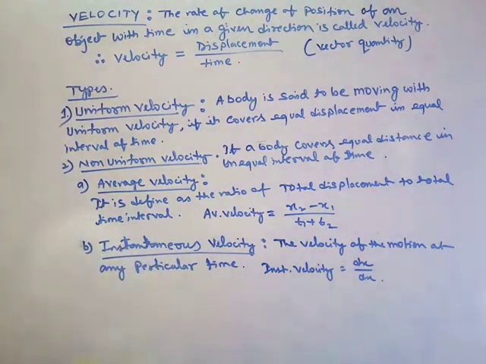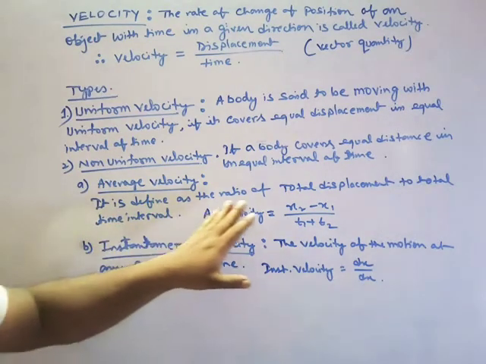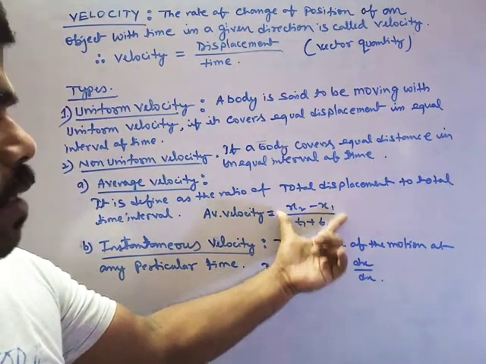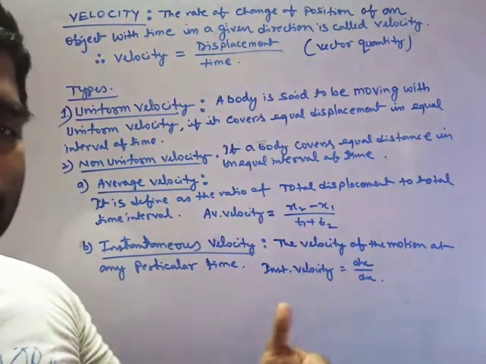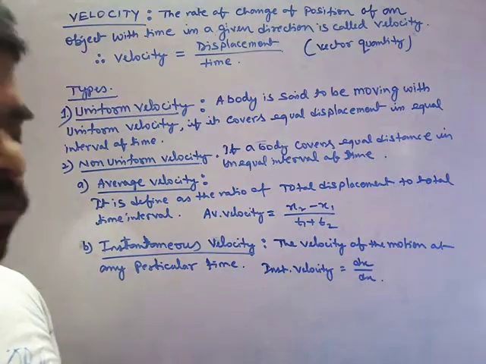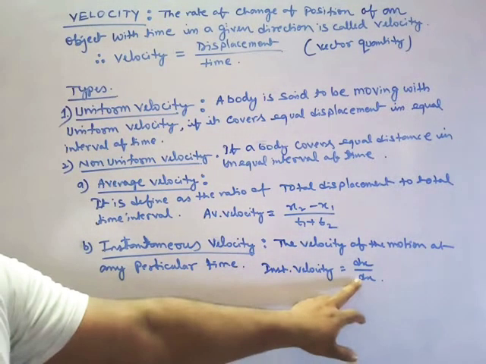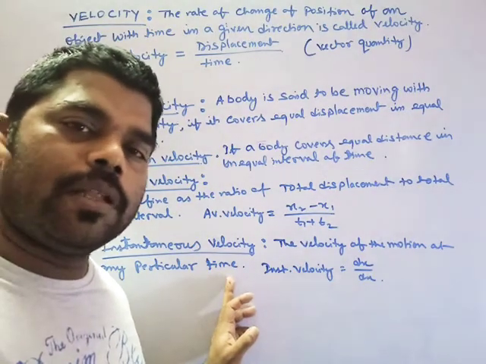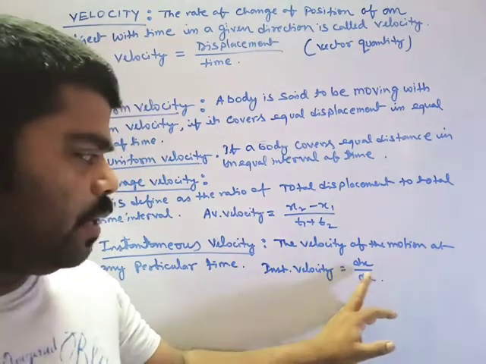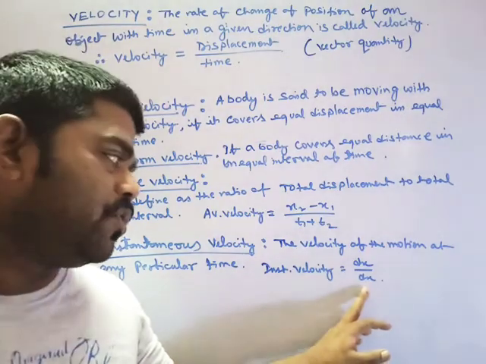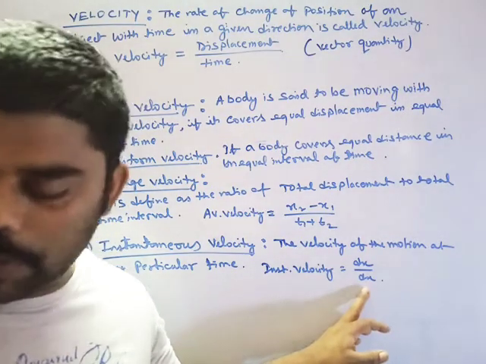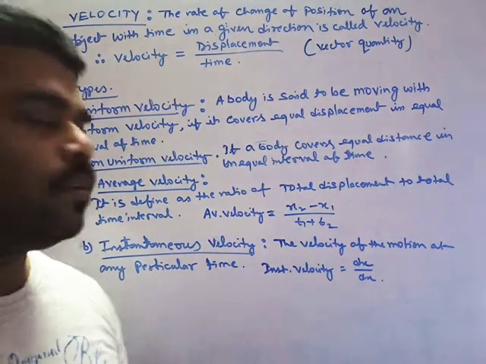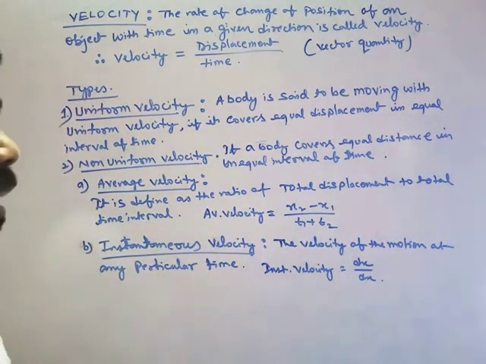Is it clear? Average velocity is defined as the ratio of the total displacement. याद रखना displacement आएगा यहाँ पे, not distance, by time. So displacement can decrease also. That's why we use the minus term here. Instantaneous is again definitely at any particular time. What is your velocity at any particular time? We can find it with the help of differentiating. You know that differentiation, like the example I gave you. So here also we can use the same example, but it should be done for instantaneous velocity.